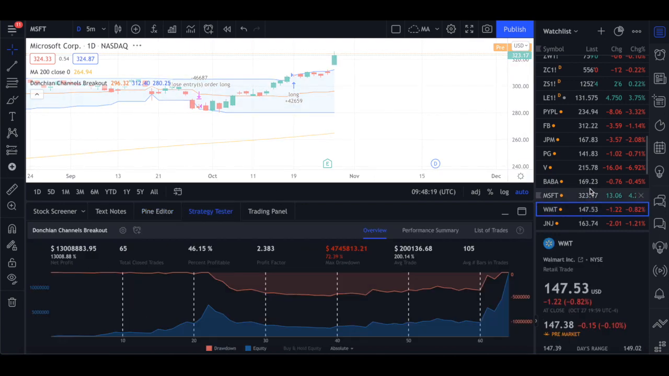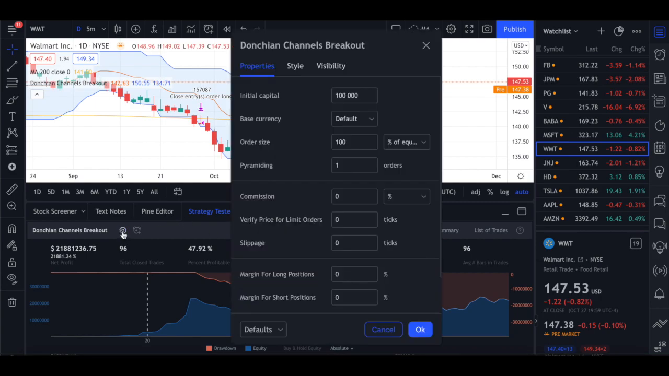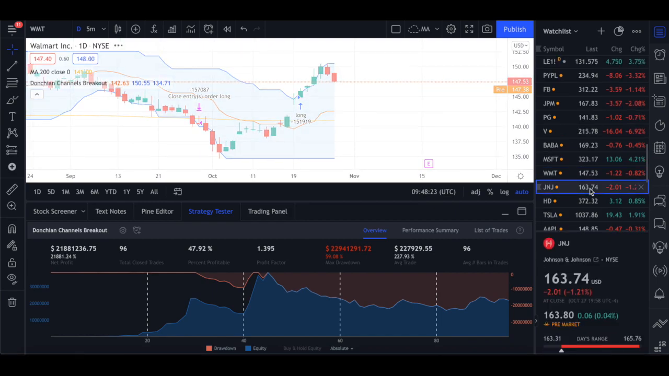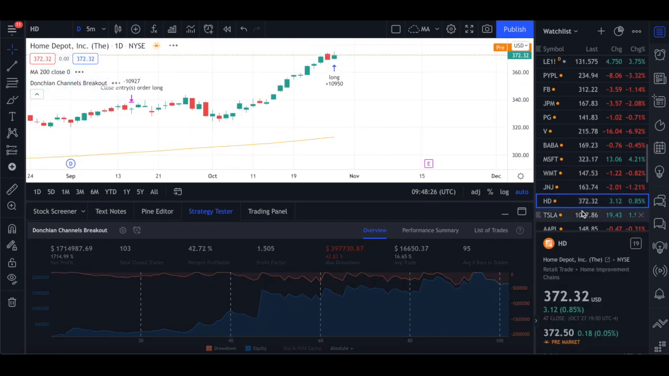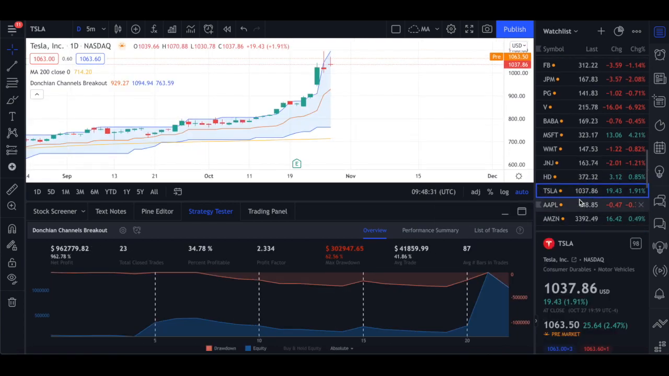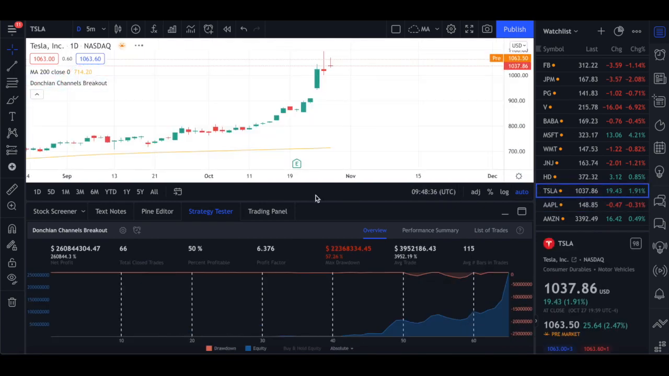Now, let's see it in Walmart. I want to give you a heads up on how you calculate this. Make sure that you change the settings to 100% equity, because if you put it to contracts or USD, you'll get a completely different result. So make sure you change the order size to 100% equity so that the results are on par with the results that we get. J&J, HD, Tesla, Apple. So all these stocks are performing well, but the only drawback in many of these is that the drawdowns